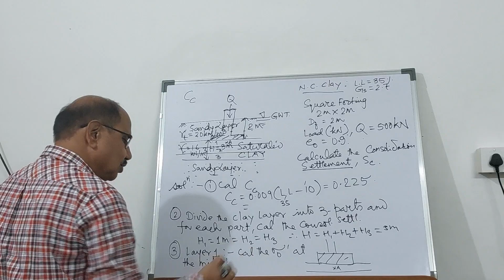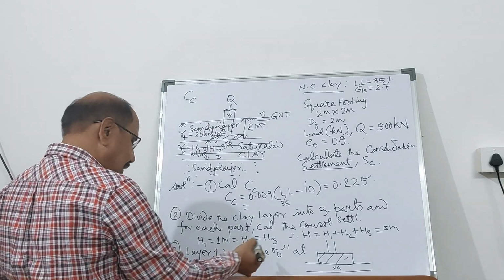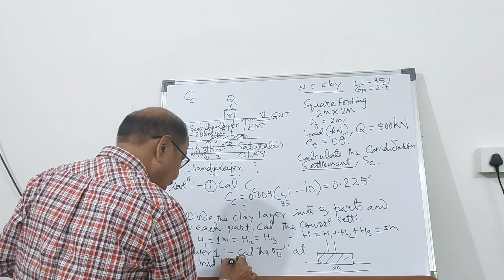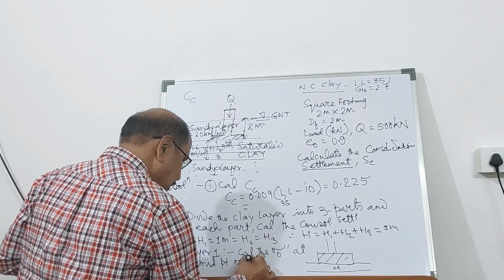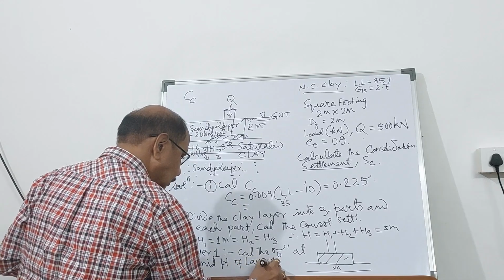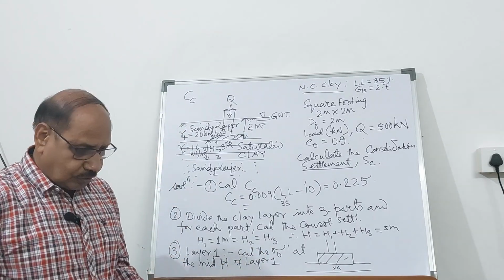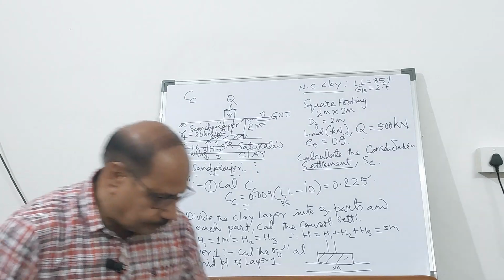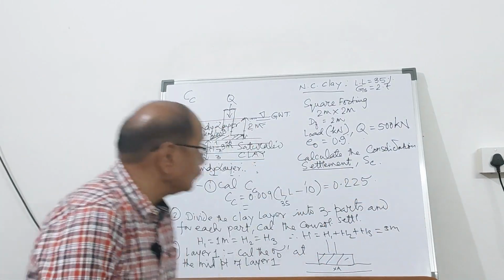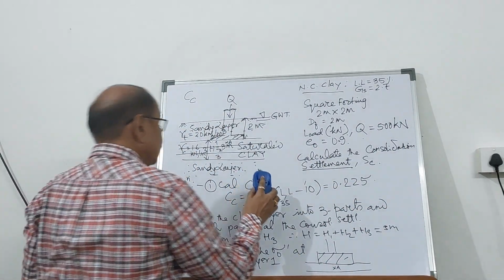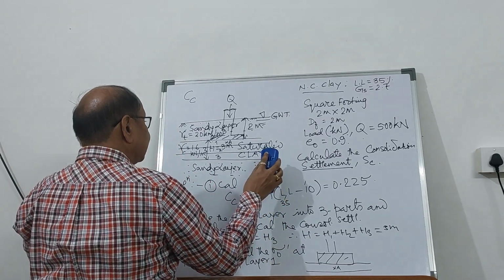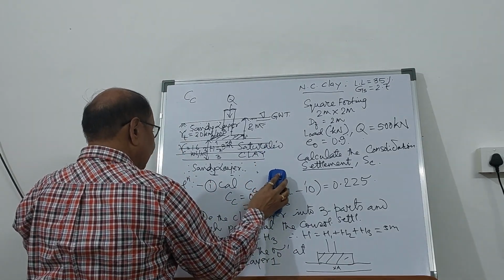So that becomes the average pressure, midpoint of layer 1, right? So if I am going to calculate at the midpoint of layer 1,